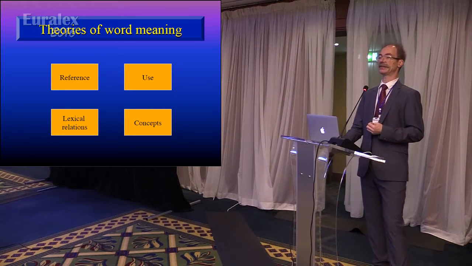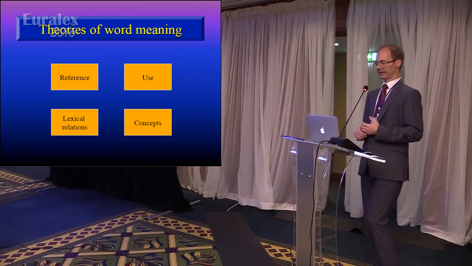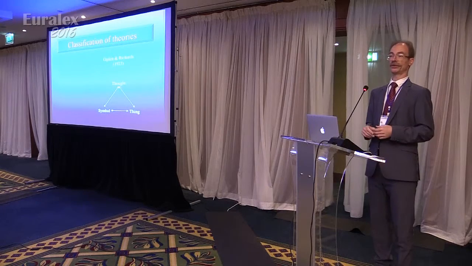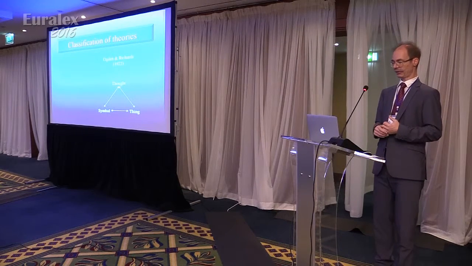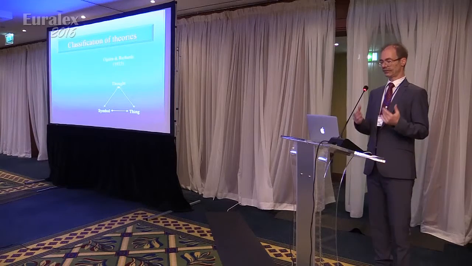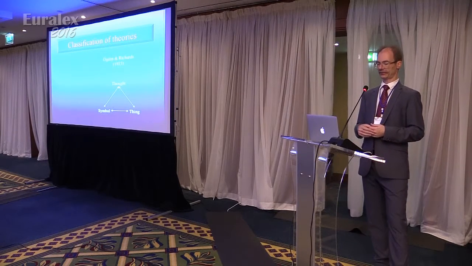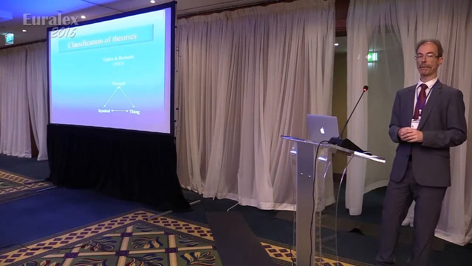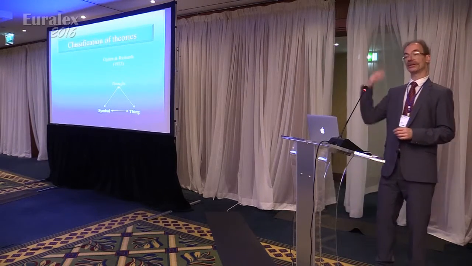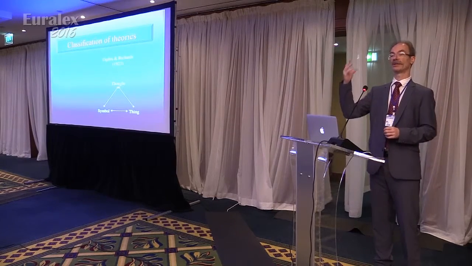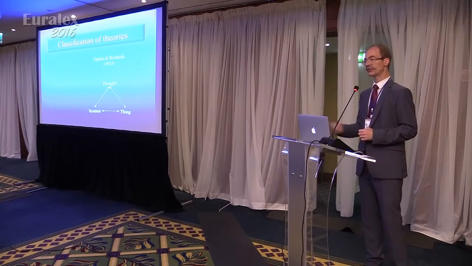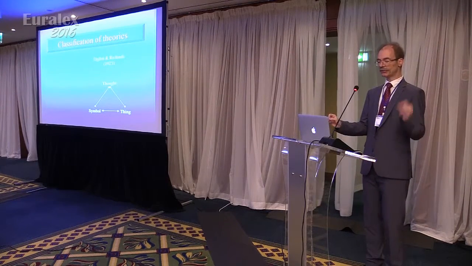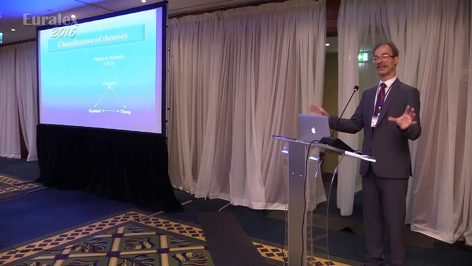And as a basis for this, I take the semiotic triangle as proposed by Ogden and Richards in their 1923 work. The idea of the semiotic triangle is that a word is a symbol which evokes a thought. And this thought is directly related to things in the outside world. There is also a connection between the symbol and the thing, but it's less direct.